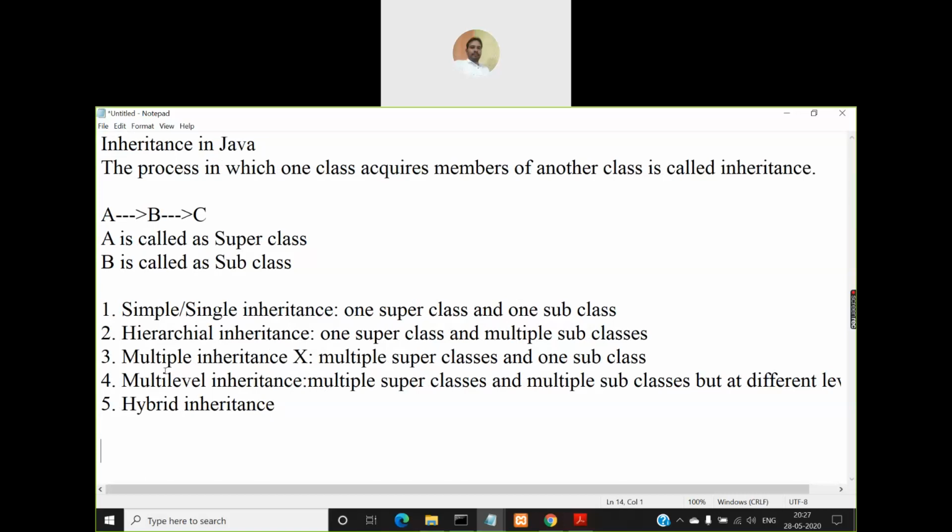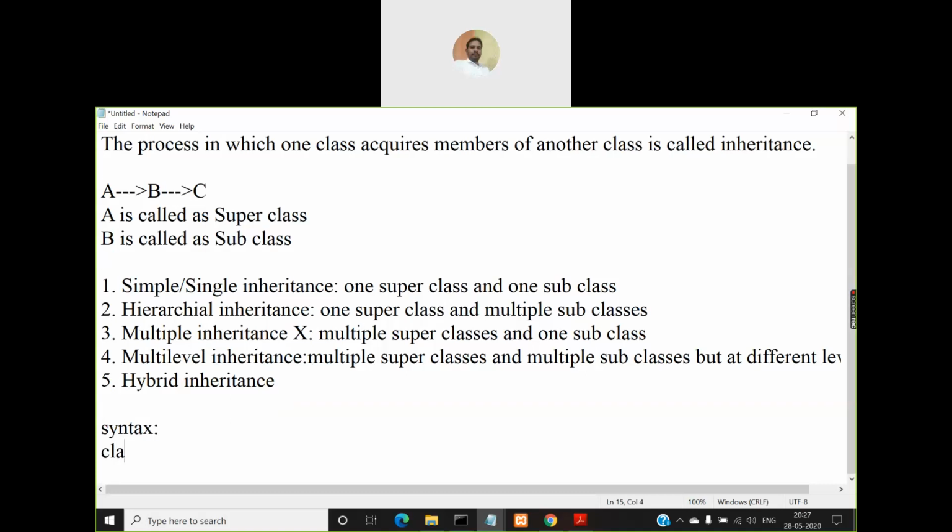To create a subclass for an existing class, the syntax is: whichever class you want to make a subclass for an existing class, define that class this way, using the same syntax that you use for creating a class. Say now class B, or I'll write here subclass name. In general I'm writing subclass name, right?